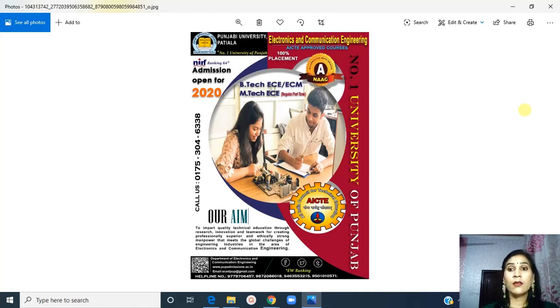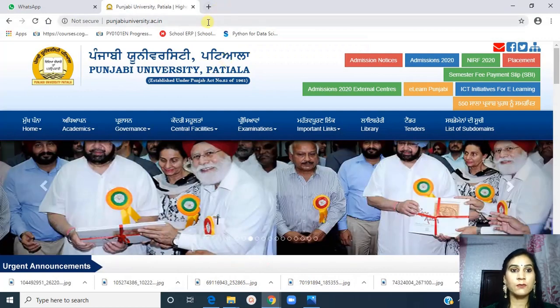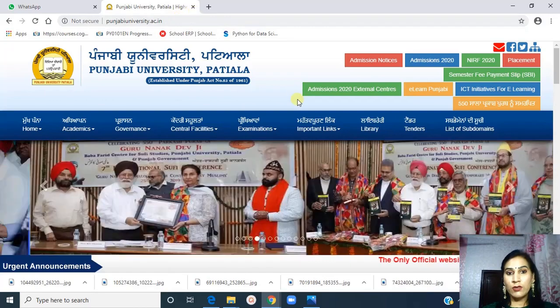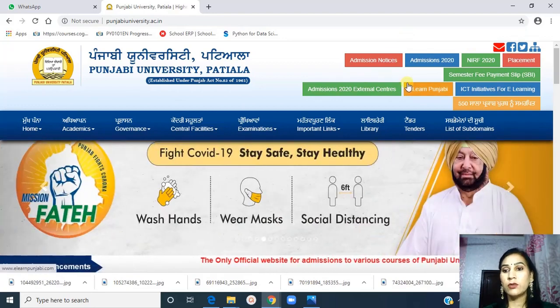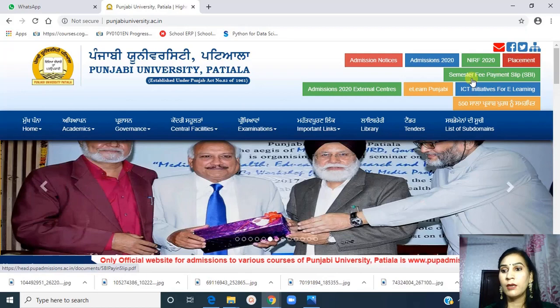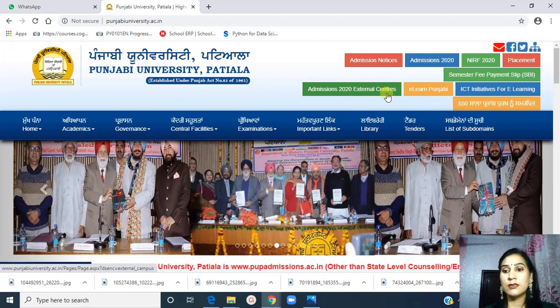So starting with the steps for online admission, first of all, go to the Punjabi University website, which is punjabiuniversity.ac.in. Here you are seeing the many icons on the right side of my screen: admission notice, admissions 2020, NIRF 2020, placement, semester fee, payment slip, admission 2020, external centers.